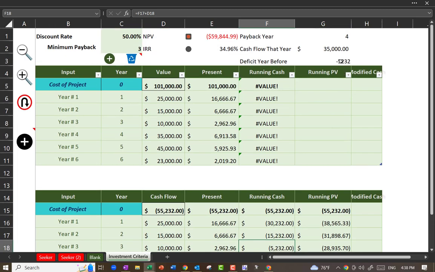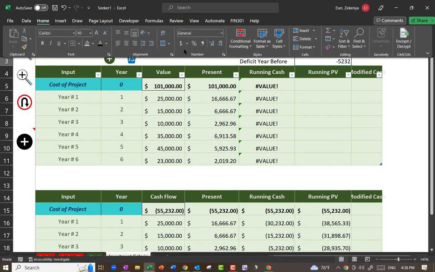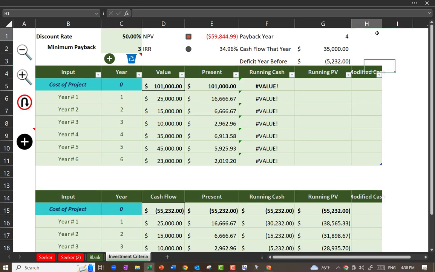You take the payback year minus the deficit year before, or let's do it this way. Yeah, minus. No, plus. Deficit year before divided by cash flow that year. So it's 385. You have to have,